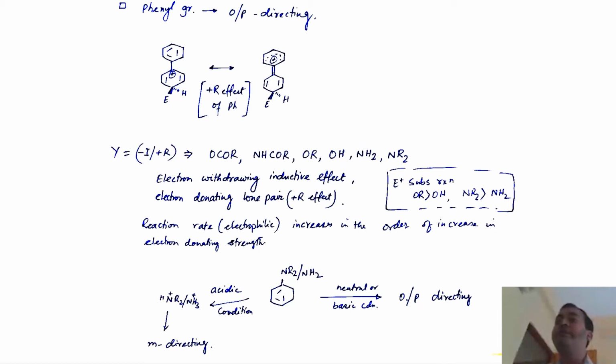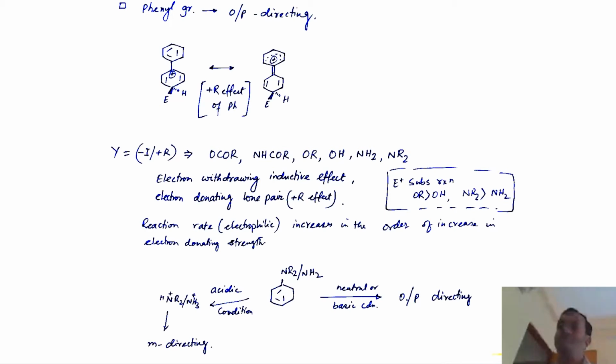You will see that in every case there is a heteroatom which is more electronegative than carbon attached here, mainly oxygen and nitrogen. So this oxygen is definitely electronegative in nature, so it has an electron withdrawing effect through the minus I, negative inductive effect. But it also has an electron donating lone pair, which can lead to the plus R effect. This oxygen or nitrogen has a lone pair, and so it has a minus I effect and a plus R effect.